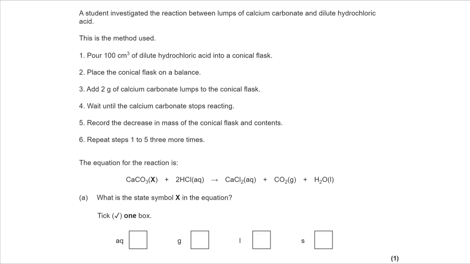This is an AQA GCSE chemistry question, and it's from the topic Quantitative Chemistry. It's 8 marks. I'm going to recommend that you try each section, pausing as you get to it, and then review your answers later. So here's part A,